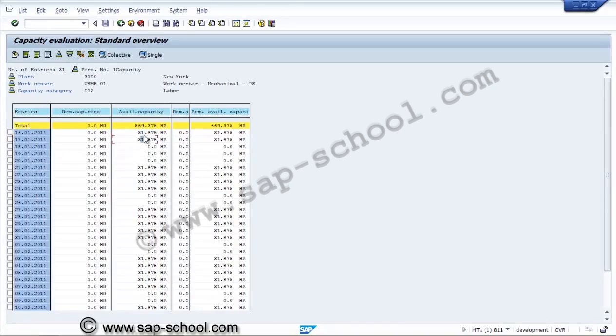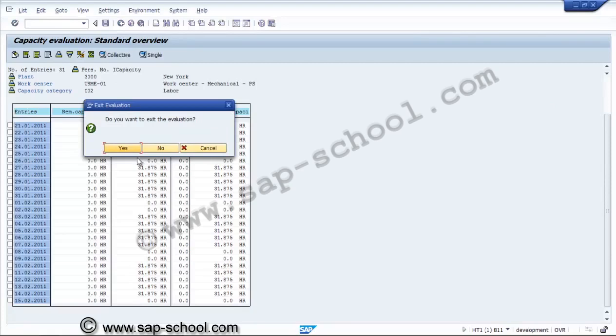So here this is one way to check the available capacity of this work center day wise and the remaining